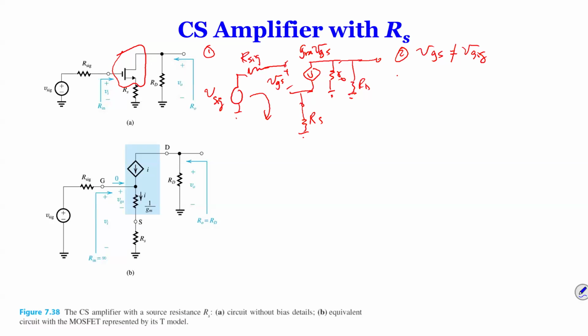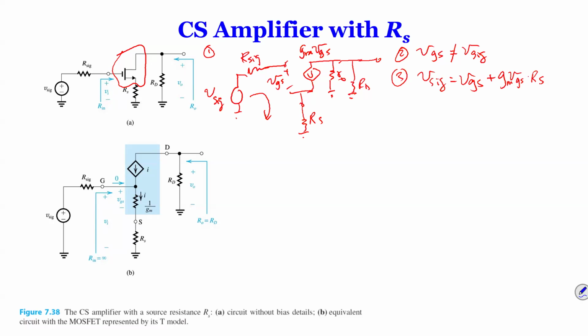So what it means is that really we can say VSIG is equal to VGS plus GM times the current times RS. You see what I mean? The current flows into RS, that current is GM times VGS, and you multiply by RS, you get the voltage at the bottom. And your VSIG is VGS plus the RS voltage drop. So that's equation 2. So from here, of course, you can easily derive